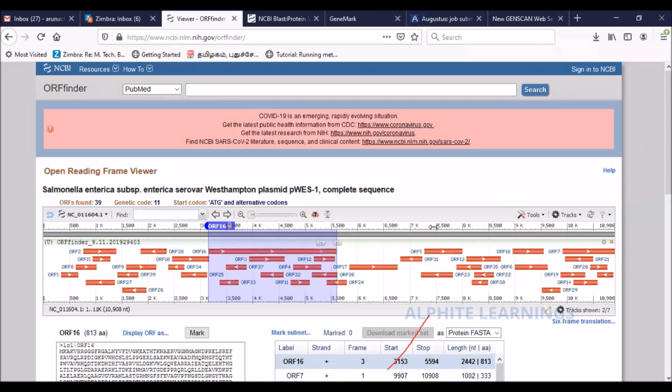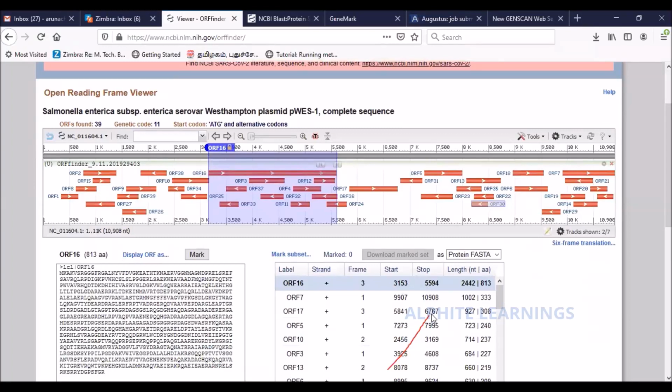There are other physical maps as well in the result, showing the corresponding genome and the exact locus of the ORF that has been identified. These are the other smaller ORFs that are predicted. I told you that it gives you a list of ORFs, isn't it? So these are the other smaller ORFs that have been predicted. But most often they would be wrong, right? You just take the first one. That is enough. This is regarding predicting ORF.